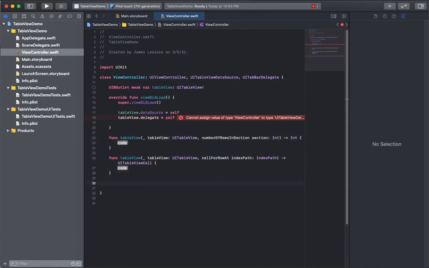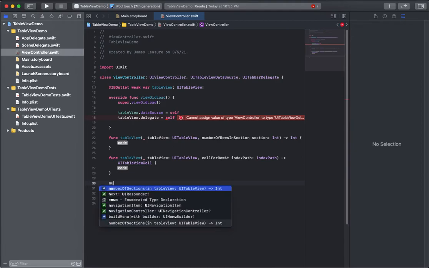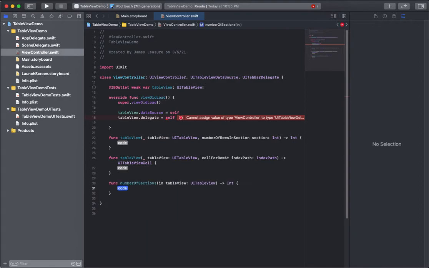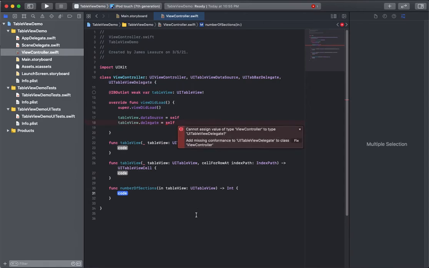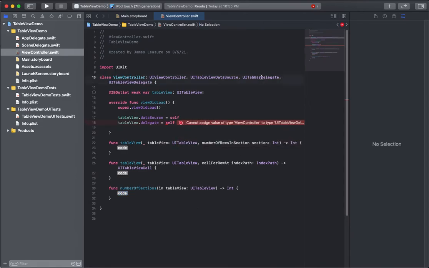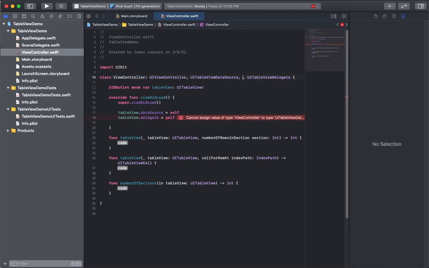I'm going to add one other one, which is number of sections. Oh, I added UITabBarDelegate instead, sorry. Okay, so